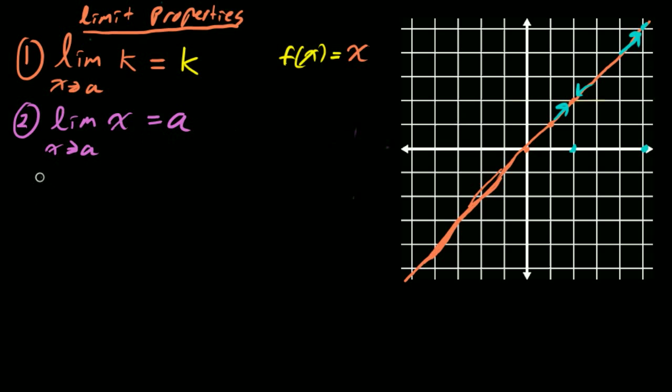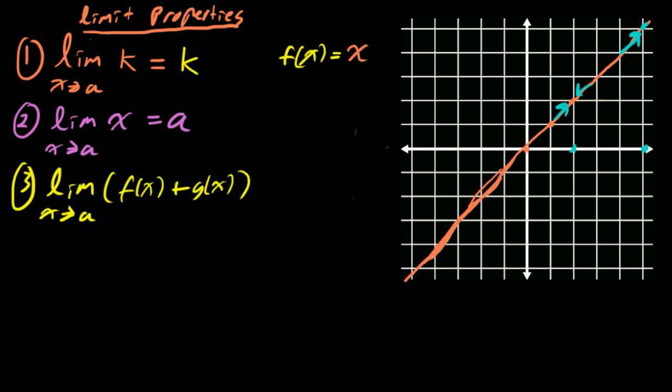Those are the most basic properties. The next bunch of properties we're going to look at have to do with combining functions together. The first one: we're going to look at if we took the limit as x approaches a of two different functions, f of x plus g of x. And we're going to say down here that the limit